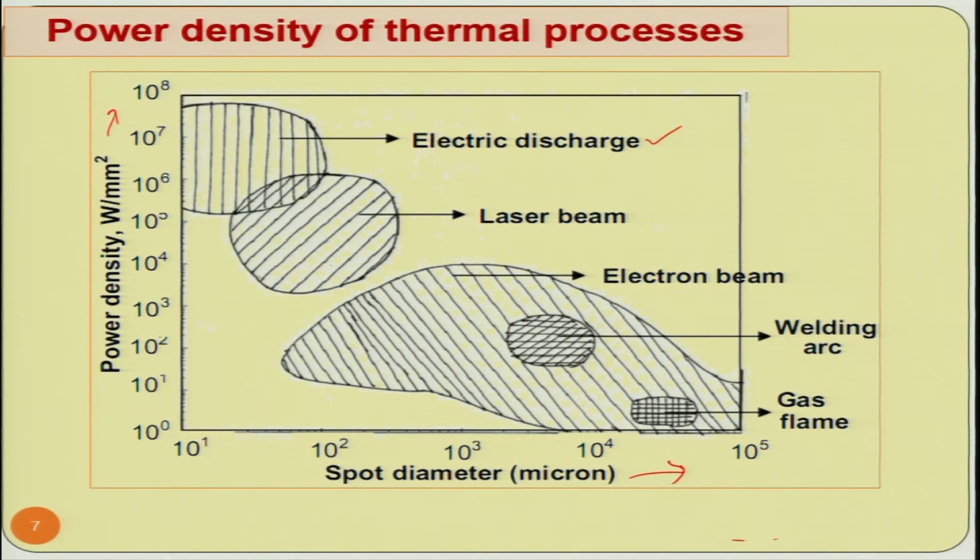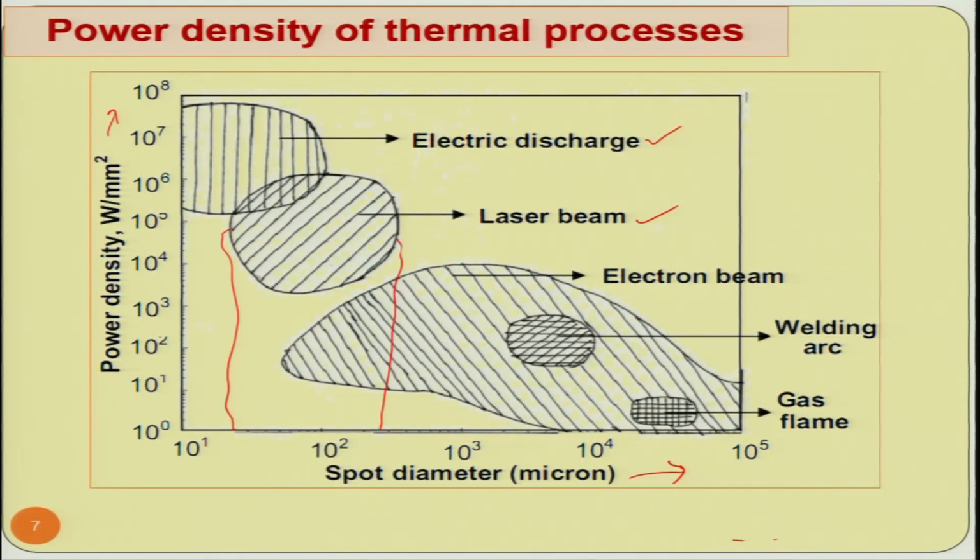Then the laser beam machining process also has reasonably good power density, as you can see here, but in many cases lower than electric discharge micromachining. The spot diameter is also not bad, around 10 raised to power 2 microns, that is around 100 microns, and the lower size is quite low, reasonably good. With the help of this spot diameter, you can decide what kind of micro features you can create, because you cannot create micro features smaller than the diameter of the spot or the beam. However, in the case of EBMM, this beam diameter can be further reduced